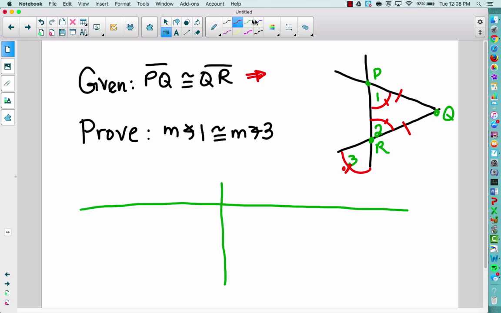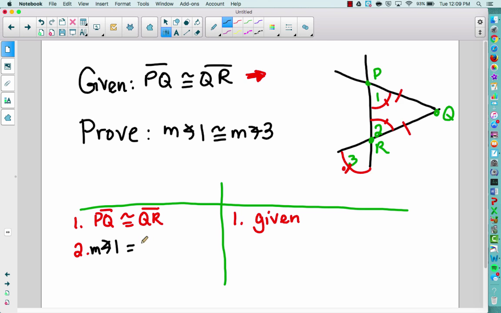So now I've got to get that all into a proof. So I start with my given, PQ congruent to QR. And I know that I went kind of fast on that because kids usually see this one pretty quickly. And you've been getting so good at proofs that I'm hoping you're starting to see that. If PQ is congruent to QR, the next mark I made on my diagram was that the measure of angle 1